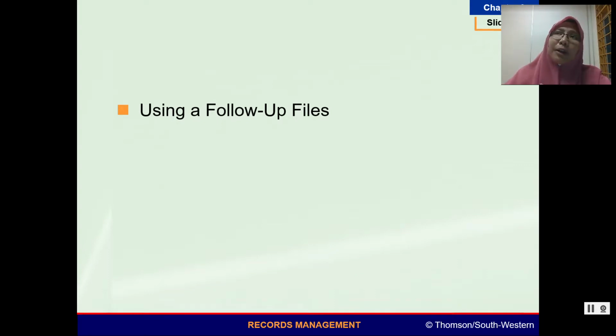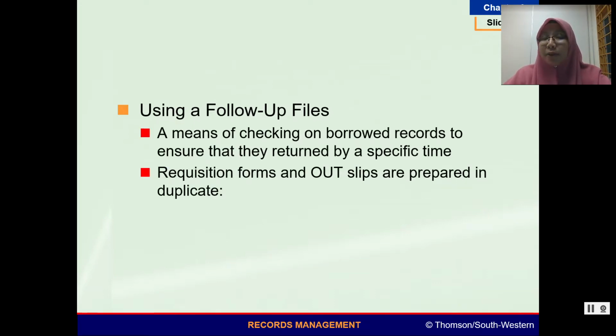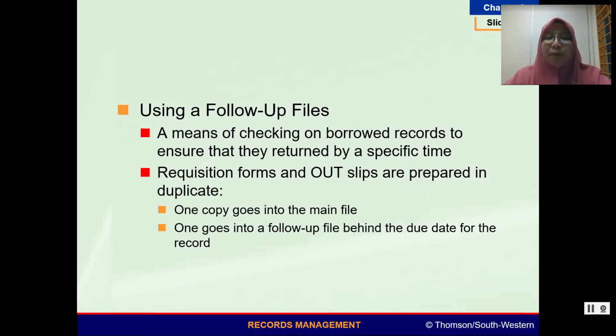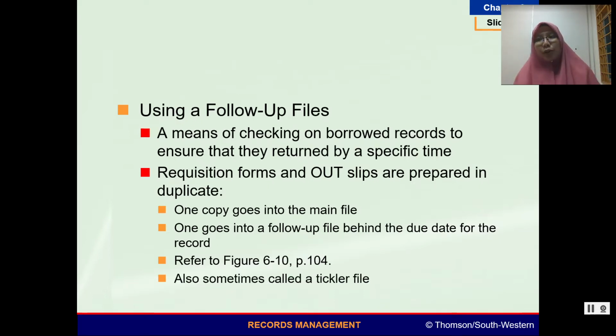Okay, and the last one is using a follow-up file. So we have talked about charging out. You need to have a follow-up file. Why is the follow-up file so important? The follow-up file is important because it can check on the borrowed records to ensure that they are returned by a specific time. So the requisition forms and outslips are prepared in duplicate. Again, you need to have 2 copies when you are charging out. One copy goes into the main file, one goes into the follow-up file behind the due date of the record. Also, this one is known as a tickler file. Okay,